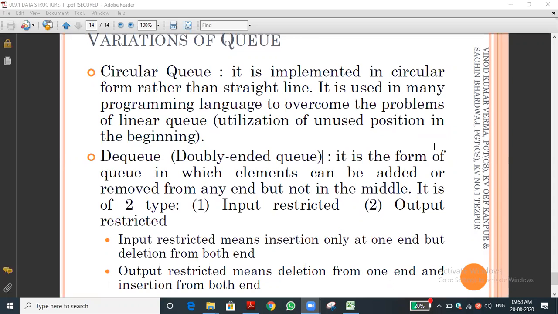Then list we have seen, and we did all the operations in the list: inserting, searching algorithms, linear search and binary search, traversing, deleting an element. How to delete an element from a sorted array and unsorted array, and how to insert an element into a sorted and unsorted list, that also we have discussed. Then stack concept we discussed with one program, and queue concept also with one program.